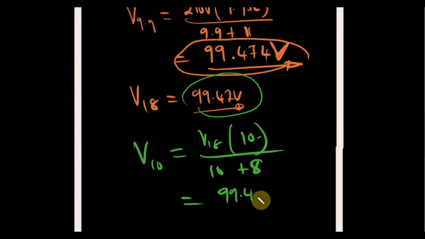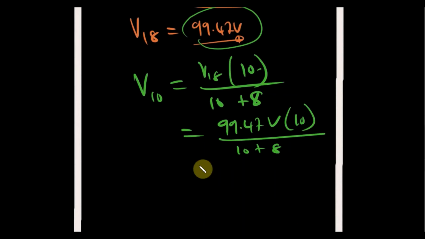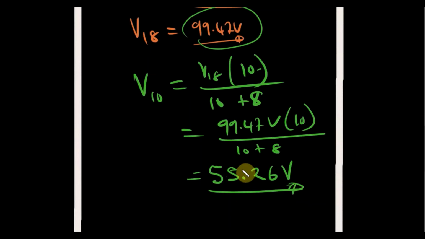So that should give me 99.47 volts multiplied by 10 ohm divided by 10 plus 8. Okay, that gives me a voltage drop of 55.26 volts,